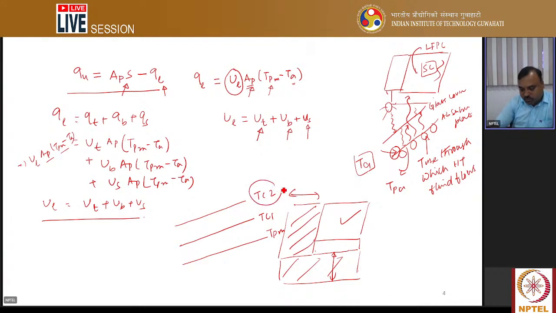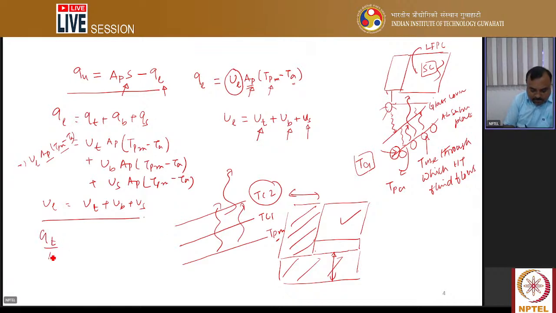So the temperature of glass cover 2 is TC2, glass cover 1 is TC1, and TPM is the mean plate temperature, right? So when we are trying to see the losses, like heat transfer by convection and radiation from the top, so